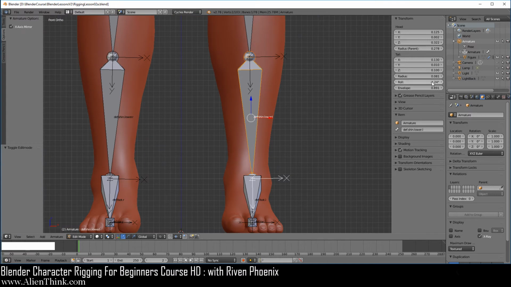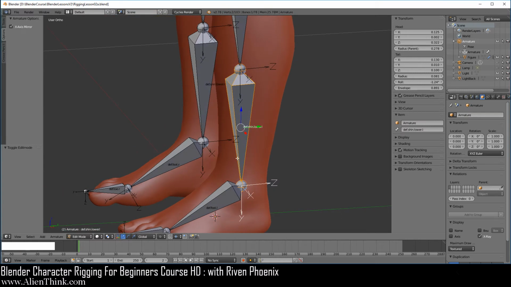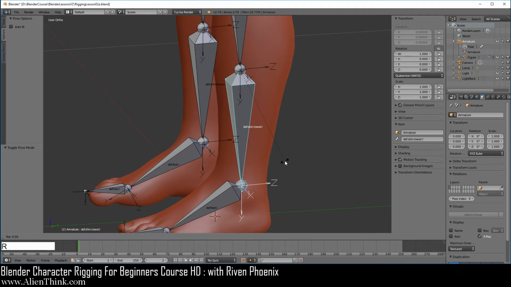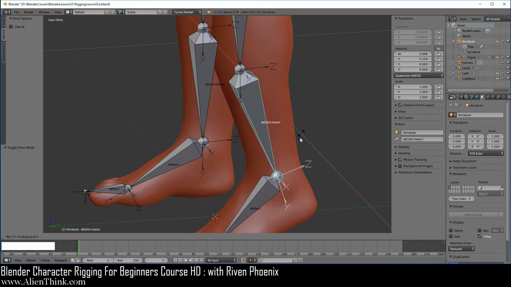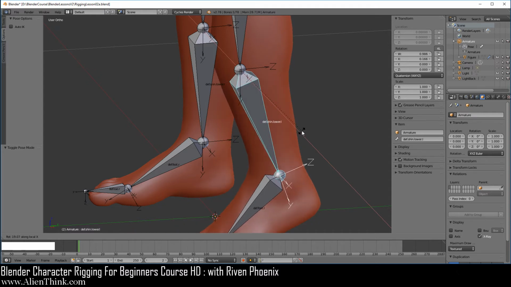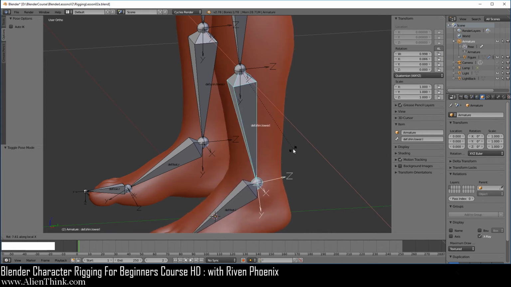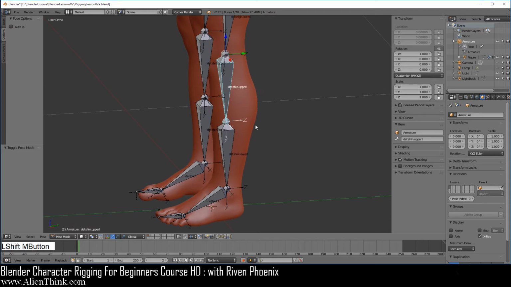Okay, so this bone where it says this number is actually correct. Now what do we need to understand about this bone over here? All we need to make sure is that the Z is pointing back over here because this is going to be the major movement. So if we switch to pose mode and press the R key, press the X key 2 times, we know that this is going to be rotating around the x-axis. Now of course the leg is not going to break on the shin like this, right? The Z is pointing back because it's really based on this bone over here.